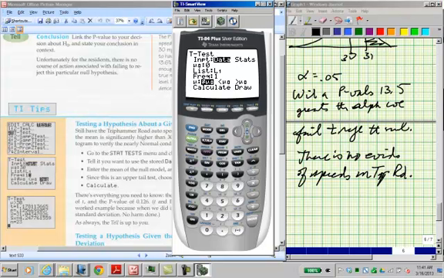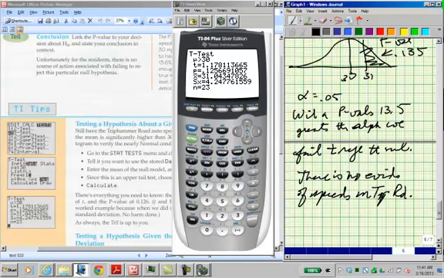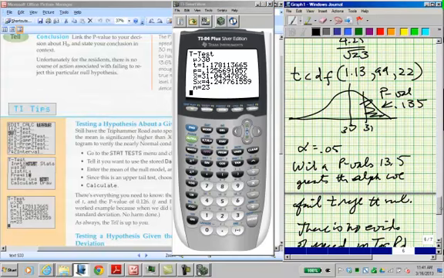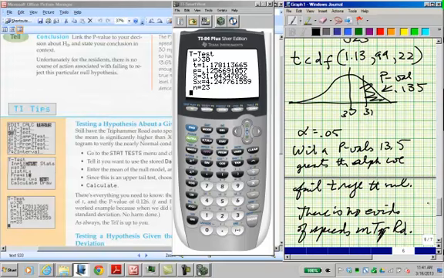Now the null hypothesis is 30, okay, and we're trying to see if it's greater than 30, greater than the null hypothesis, and we'll calculate. Okay, and my numbers are a little different. What did I get? 1.13, and a little rounding there. I'm off by a few hundredths. We'll take a picture,